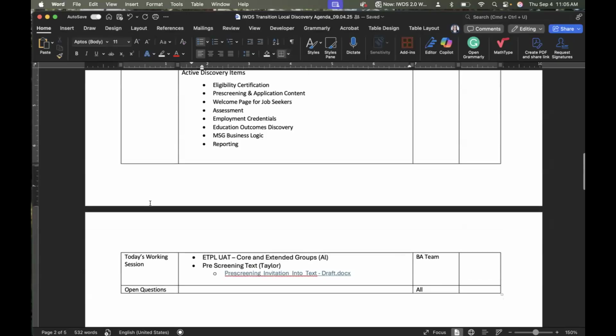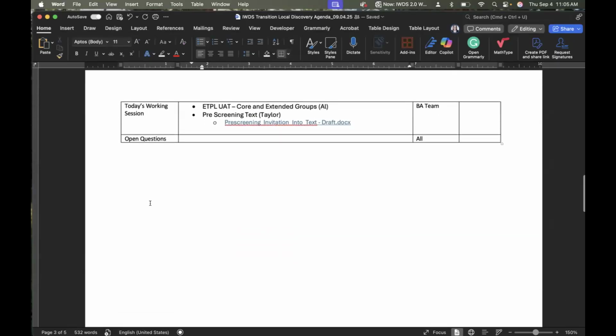So that's the status. Today, we're going to jump into a new UAT session. You'll start actually into it tomorrow. We're moving it over to the UAT environment today, so we'll have to test that and make sure that's all good. But we're going to go through step by step exactly how to look at that UAT environment, how to test, how to respond, and where it's at, and all the information for you to look at the ETPL training program